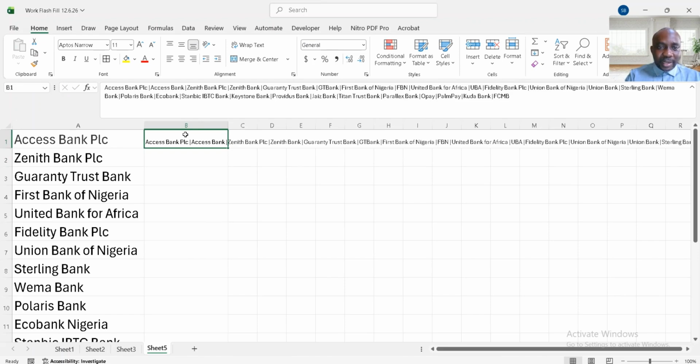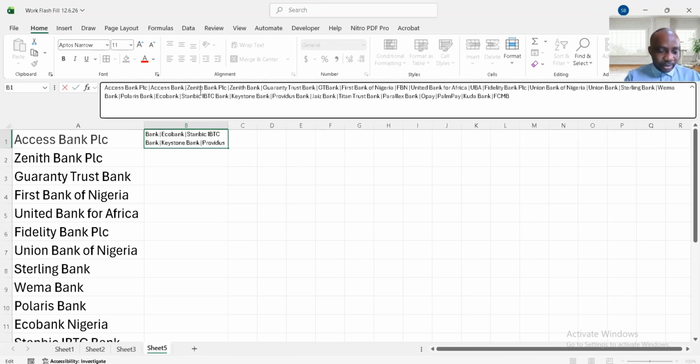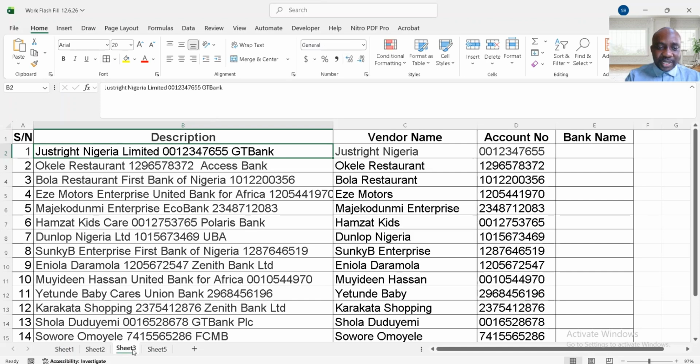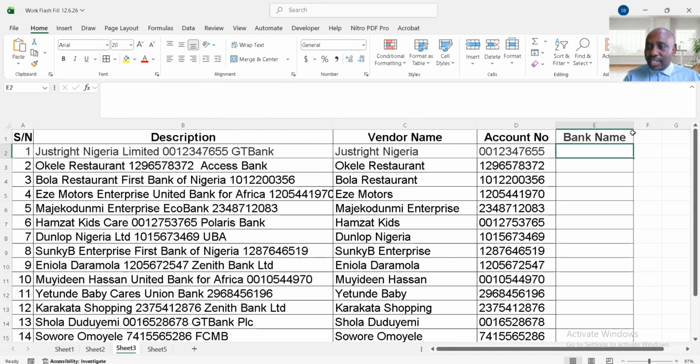Now let's go back. I will copy this one. I'll come here, highlight everything, Control C to copy it. Now we have copied it. Let's go back to the sheet 3. How to generate the bank name now? We are going to use